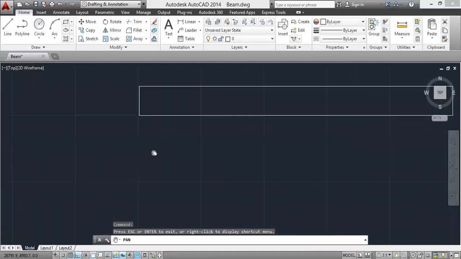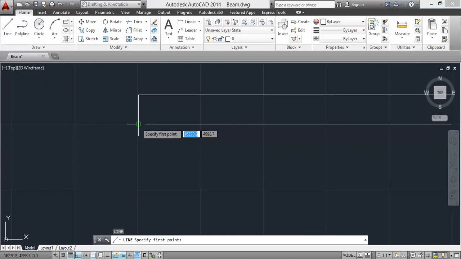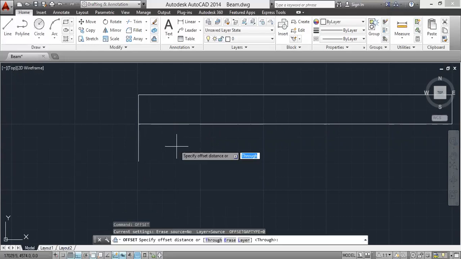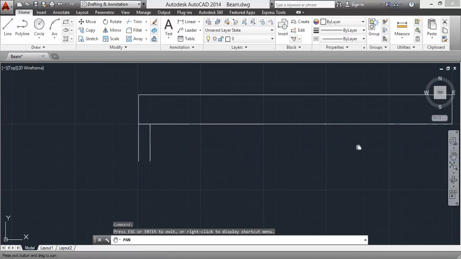Now I'll be drawing the wall thickness. Wall, L, enter. Take somehow up to 700, no problem, 700 mm. Same thing, you offset it. Offset 230 mm thickness. Click on this line and click here.